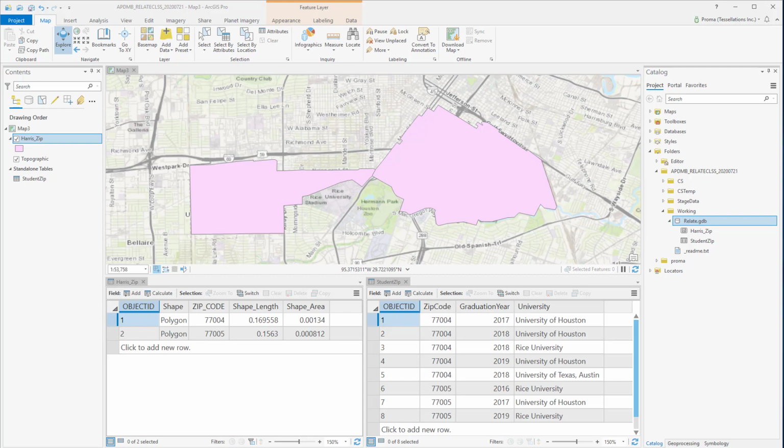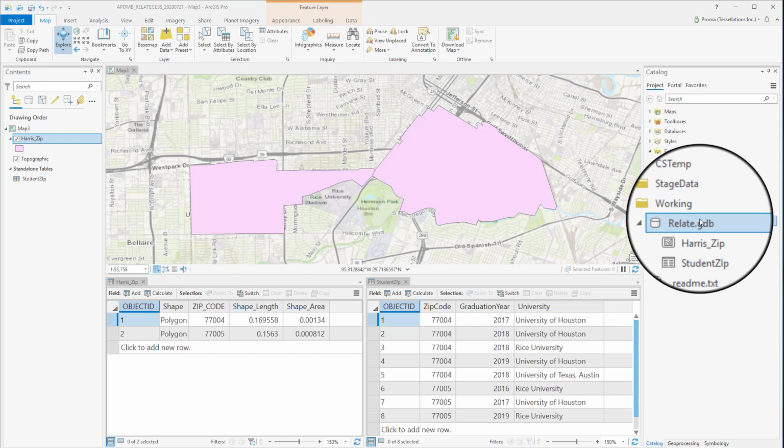Next, we will be discussing relationship classes. They help ensure referential integrity in the data. This tool creates a relationship class to store the association between fields or features in the origin table and the destination table. It stores the relationship class in the geodatabase.